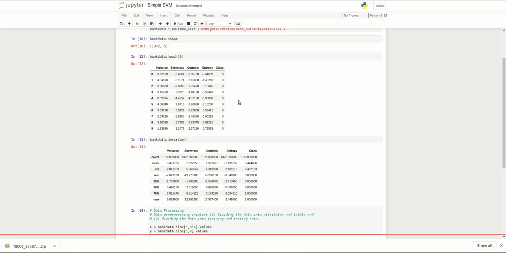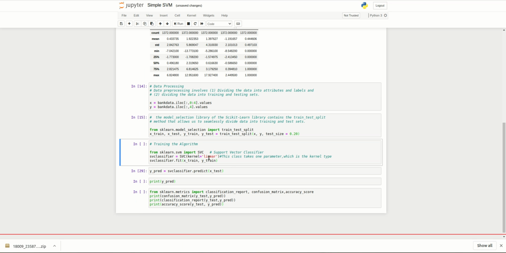So we use the support vector classifier. If it is a regression problem, then we use SVR. And SVC classifier equals SVC kernel equals linear,